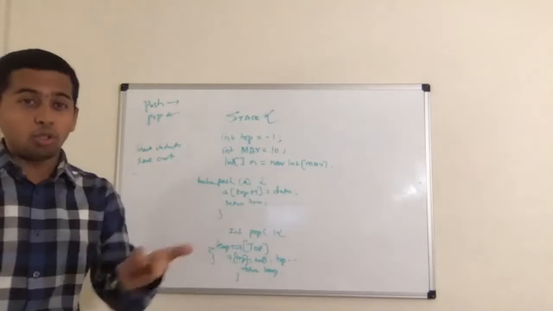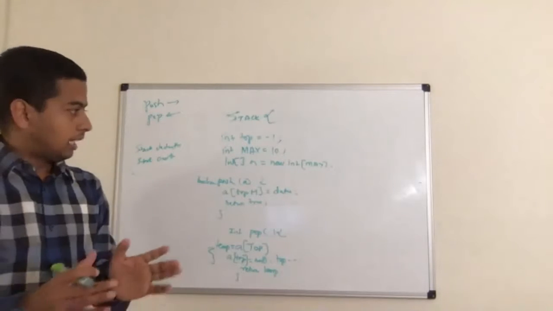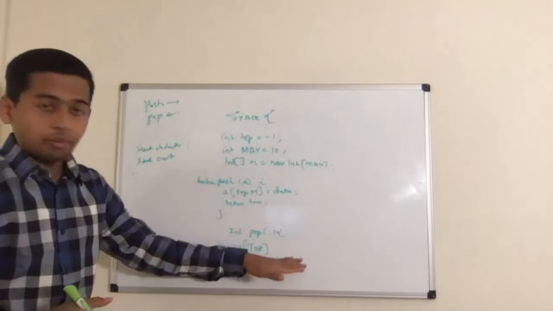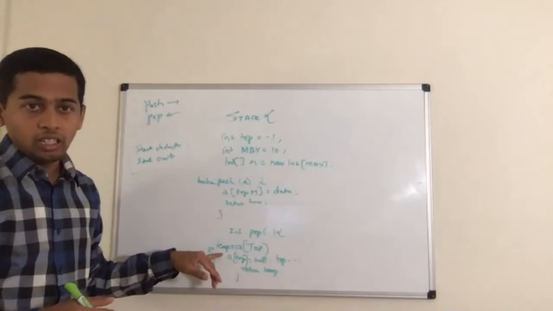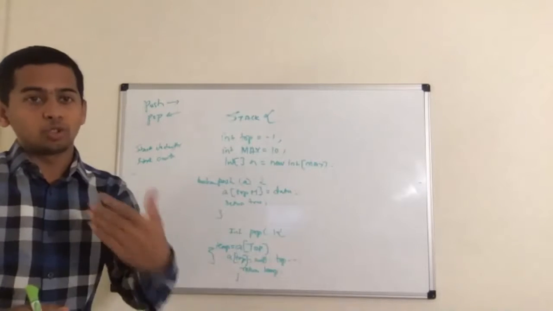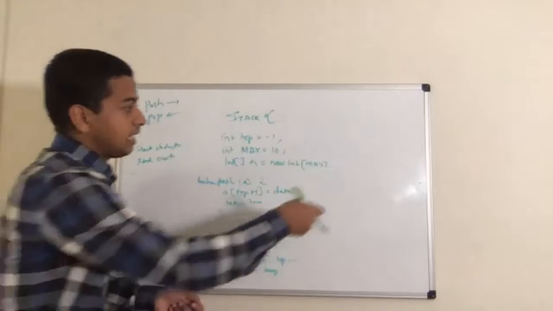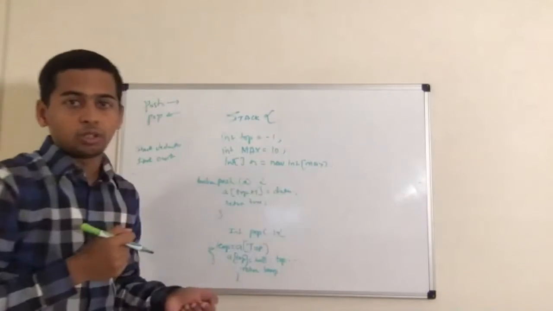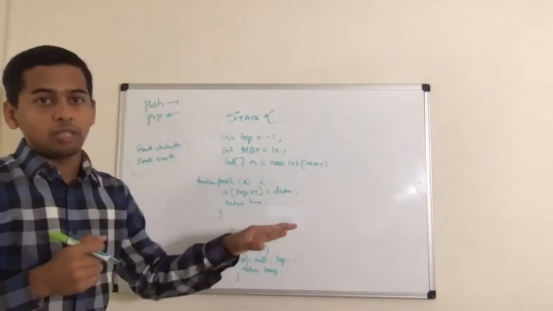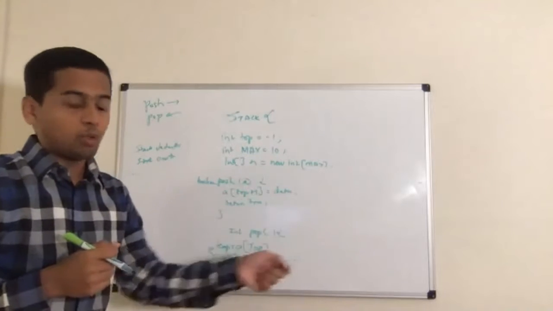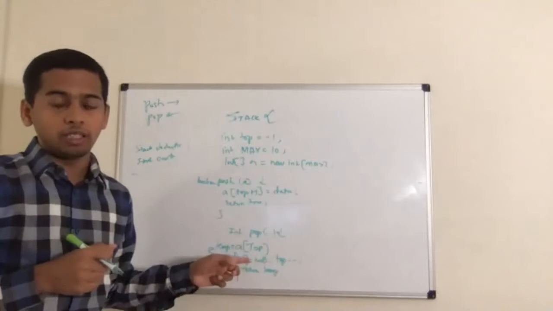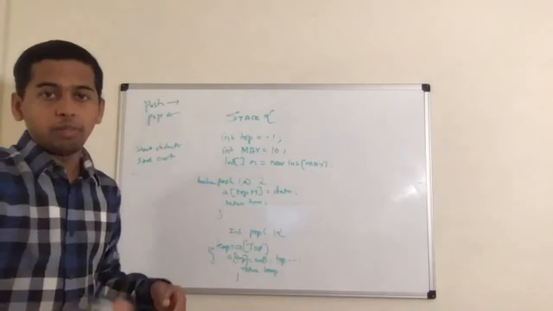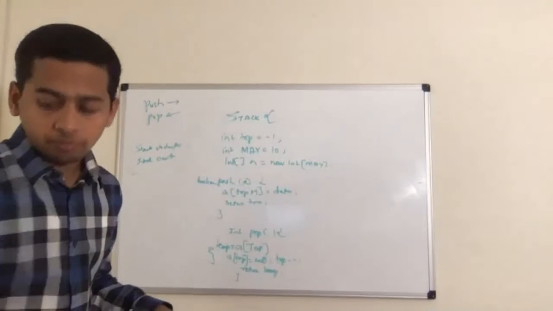There is one more operation called peek. I'll just give you an idea. Peek means that if I don't decrement the pointer and don't make the element null, and I just return the top, then it's called peek. It's like seeing what is on the top, without taking that element from the stack. So peek also returns an element, but doesn't decrement the pointer or remove the element from the array. This is the implementation of stack using an array.